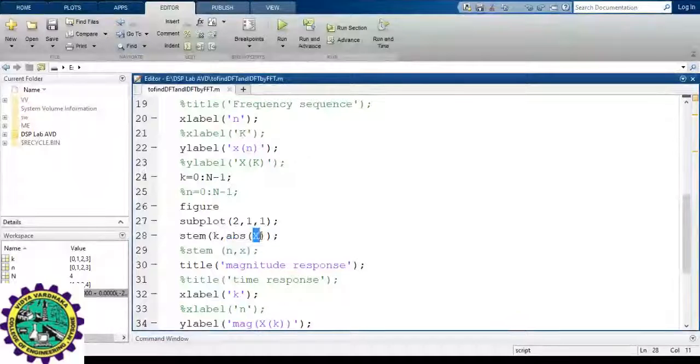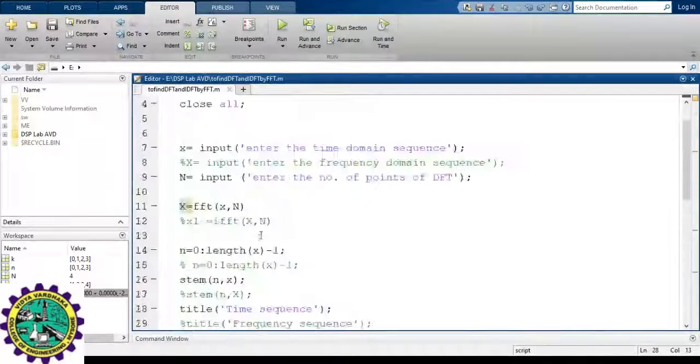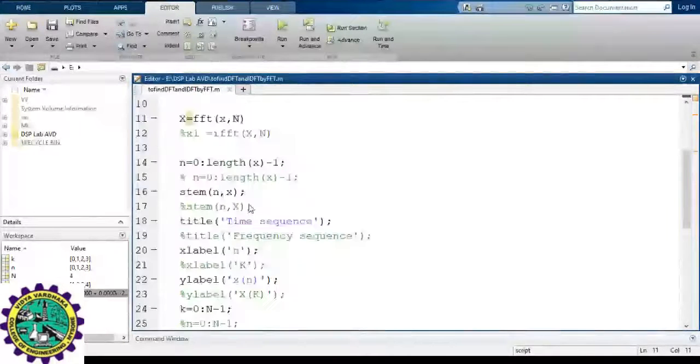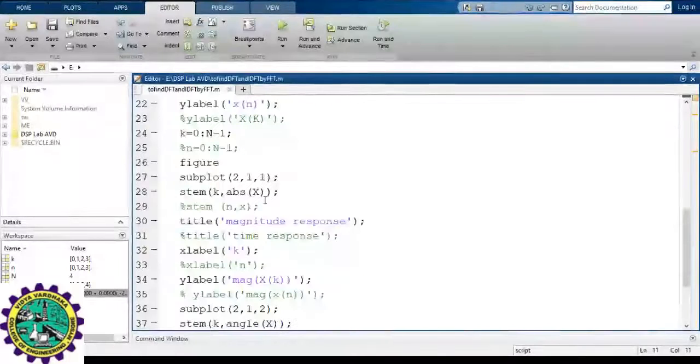Capital X, because here is the place where you have stored the output, which may be real numbers as well as complex numbers. But since I need to plot the magnitude, I need only the absolute value. So stem of k comma ABS of x. Using this you can plot the absolute value or magnitude of x.